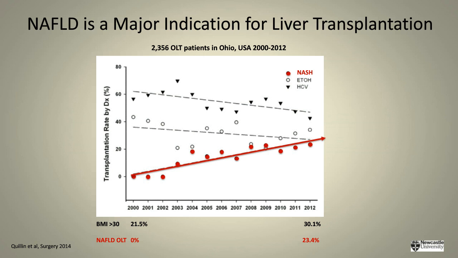And NASH is in the red line. Hep C is in the top dashed line. And ultimately, alcohol is kind of in the circles in the middle. And what you see, at least in this published literature from Surgery in 2014, is that NASH is on the rise, Hep C is falling, and it's projected that by 2020, NASH will become the #1 reason for liver transplant. Now, interestingly, alcohol, if you look at other data sets, is actually increasing as a reason for transplant as well. And this is thought to be tied to the opioid epidemic that's currently ongoing.